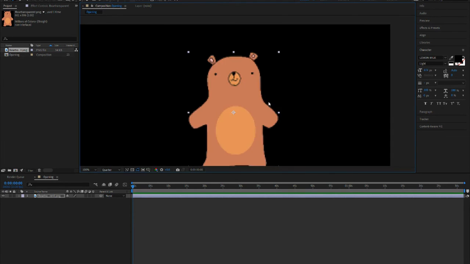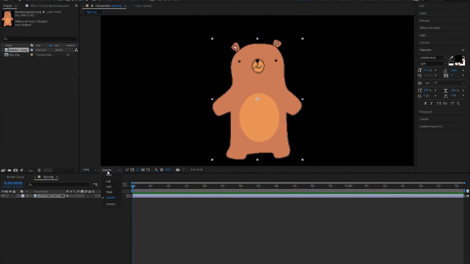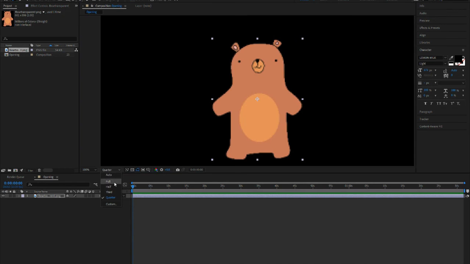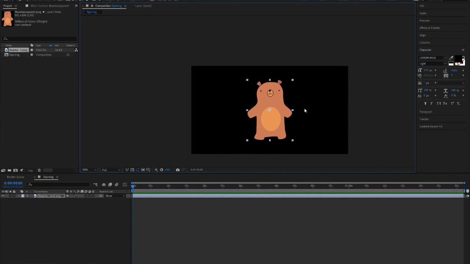Right now, as you can see, it is very pixelated, and that's because I put it that way. Down here, you see full, half, third, and quarter. If you put into your full resolution, you'll be able to see a preview of your video. To play your video, you can press spacebar. Right now, I don't have anything animated, but this tutorial is just how to bring in an Illustrator file into